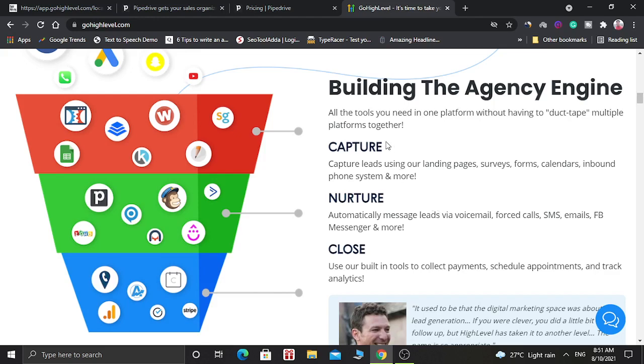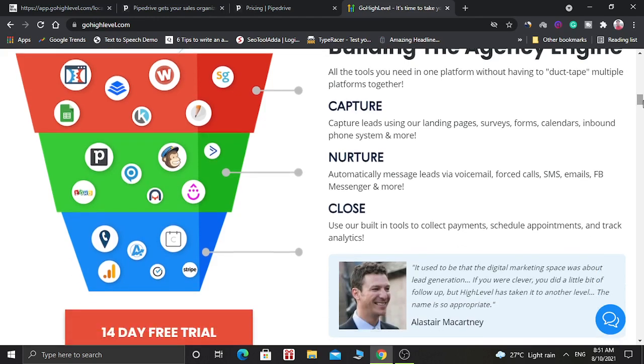So basically Go High Level says you can capture the leads, you can nurture them, and after that you can close them. So in my opinion, Go High Level is the better option because you are getting lots of other features which Pipedrive doesn't provide. So if you are looking for the best software, then I highly recommend you go for Go High Level.